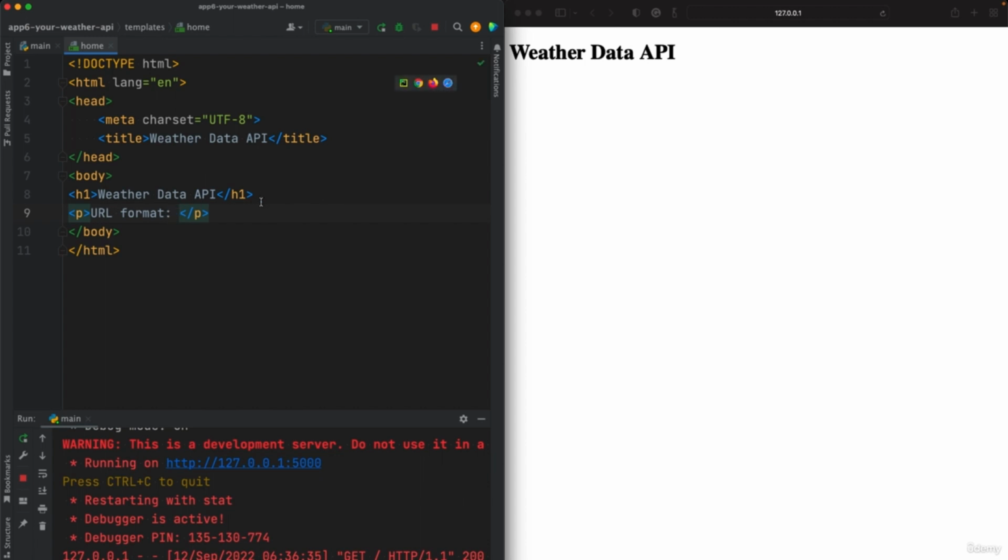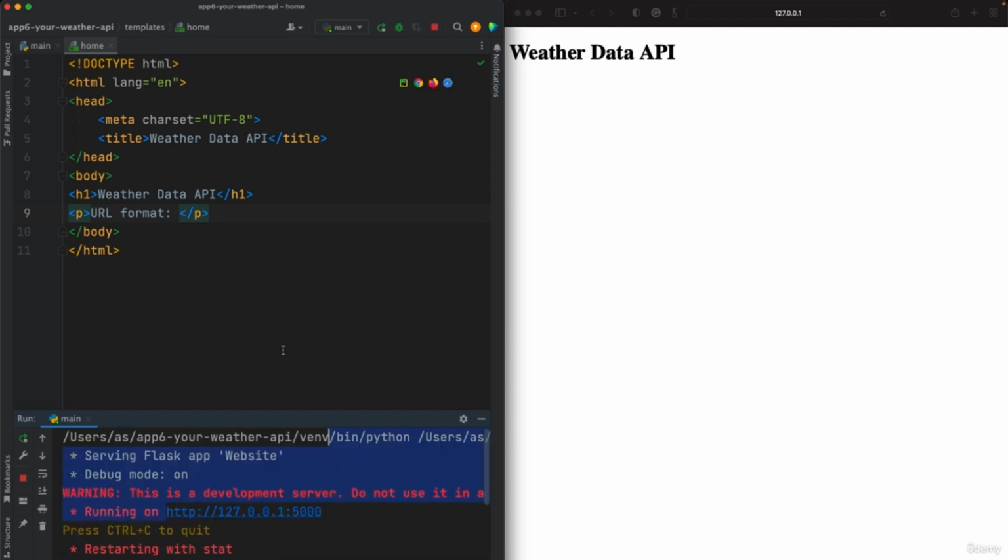we can tell the users, the visitors, the type of URL they can enter. Later on, when we deploy this app on a host, on a server, we're going to get a domain such as example.com or mypythonapi.com. But for now, our domain name is this locally. So we want to tell the user something like, I'm copying this HTTP URL. So we want to tell the user that the URL format will be something like this,